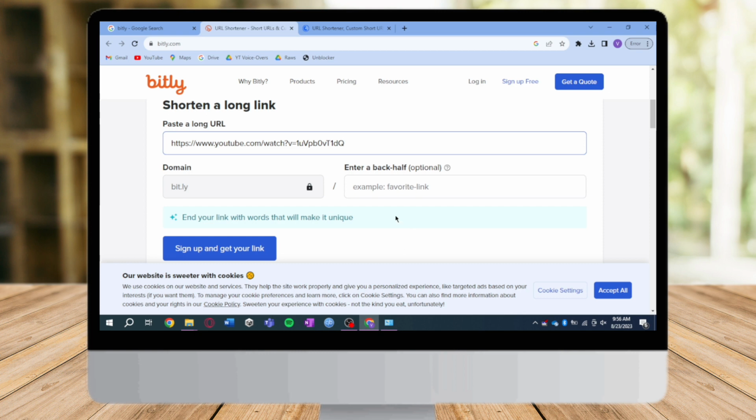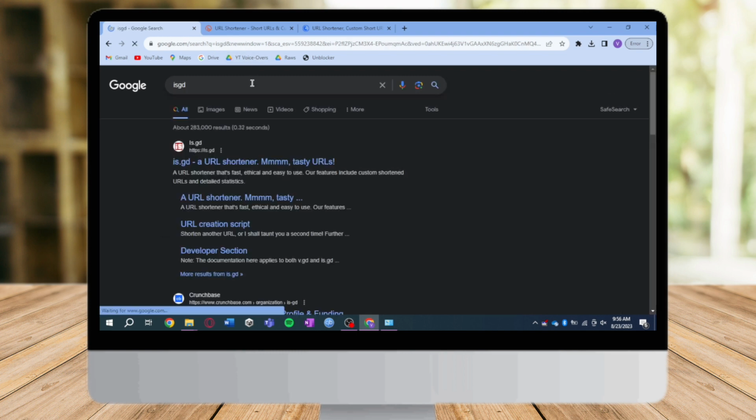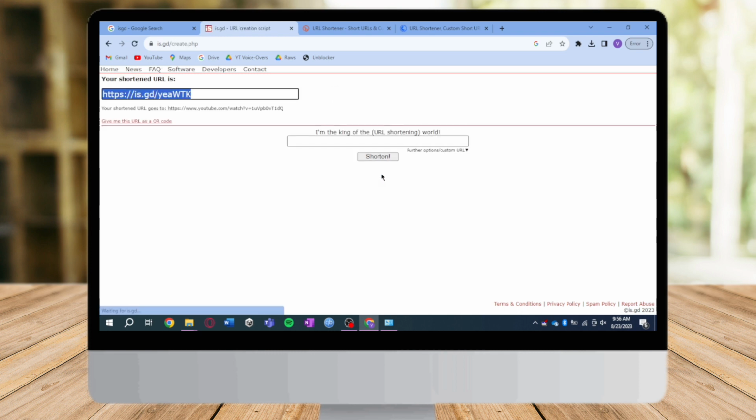The next thing you can do is head over to the third URL shortener that we have. It is called ISGD. Let's search for ISGD right here. This is that URL shortener, so just click on this. Here, just paste in the link that we have and click on shorten right here. As you can see, the shortened link shows up here, so just copy this one. And here, the best thing is that you don't need to sign up anymore